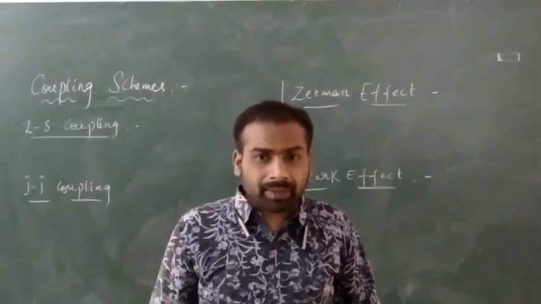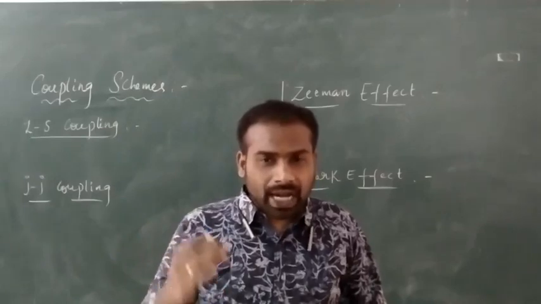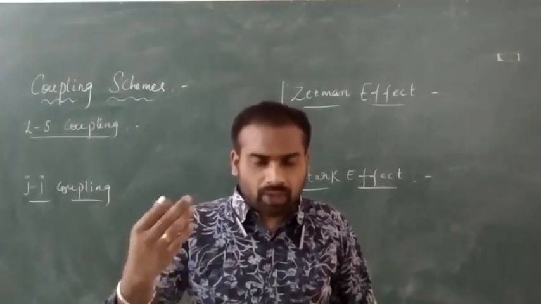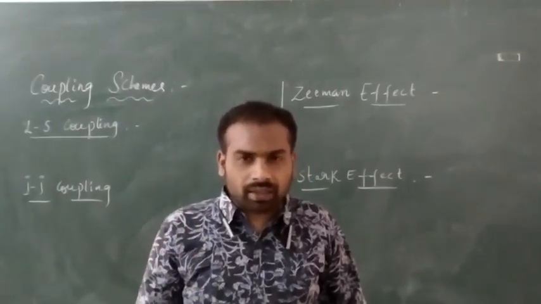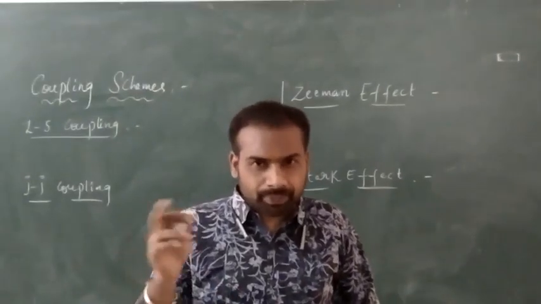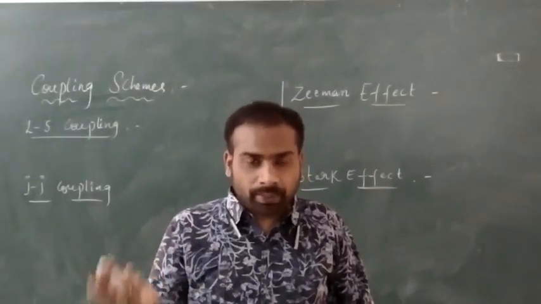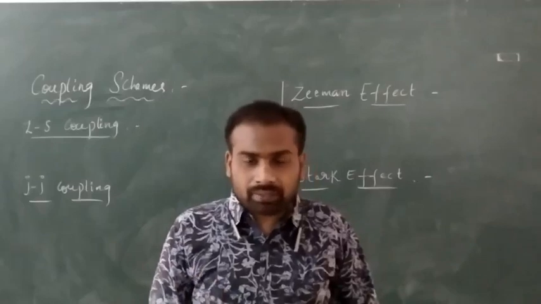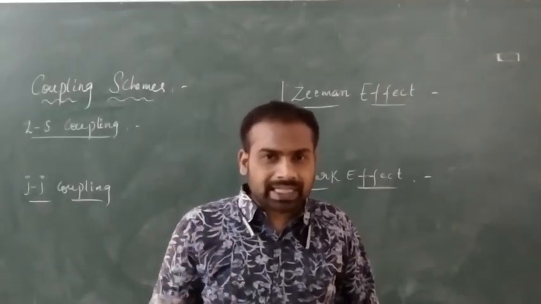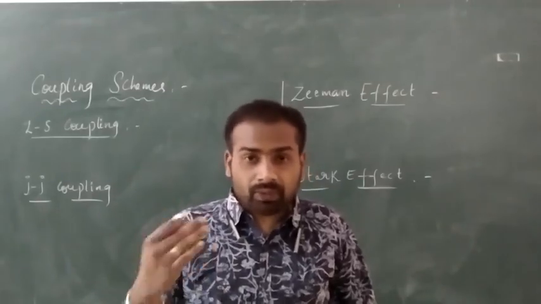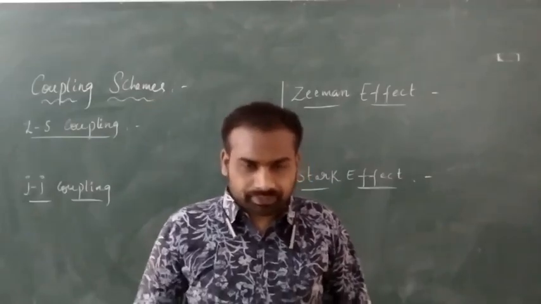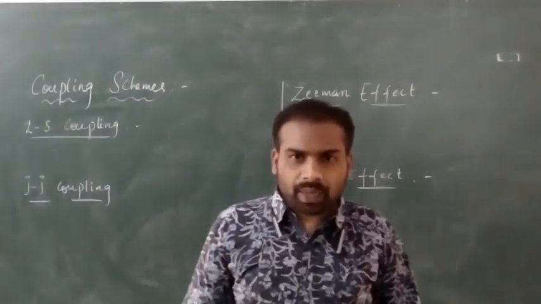And when the atoms are placed in a magnetic field, about three to four magnetic quantum numbers arise. Those are the magnetic orbital quantum number, the magnetic spin quantum number, and the magnetic total angular momentum quantum number. Like that, we have entirely seven quantum numbers associated with the vector atomic model. In that, see here the coupling schemes.